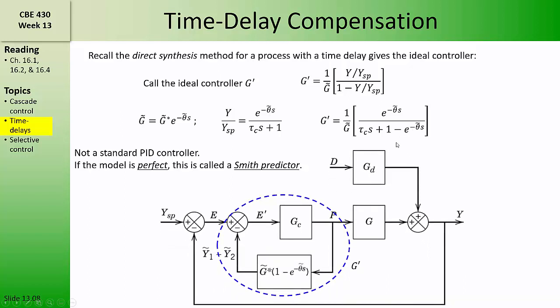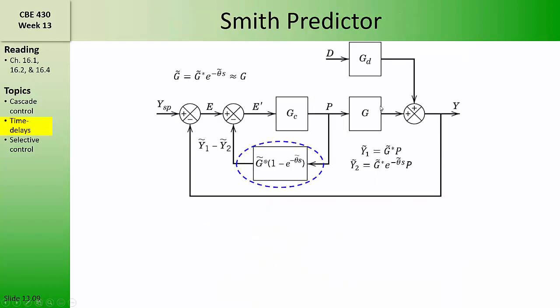We obtain the time delay in the denominator by nesting an additional loop inside the controller, and that additional loop contains a time delay. Here, the function g tilde star represents the model for g without the time delay. So g tilde is a model that is approximately equal to the transfer function g. That model is g tilde star multiplied by a model for the time delay that's contained within g. We'll call it e to the minus theta tilde s, where theta tilde is an approximation for the time delay theta